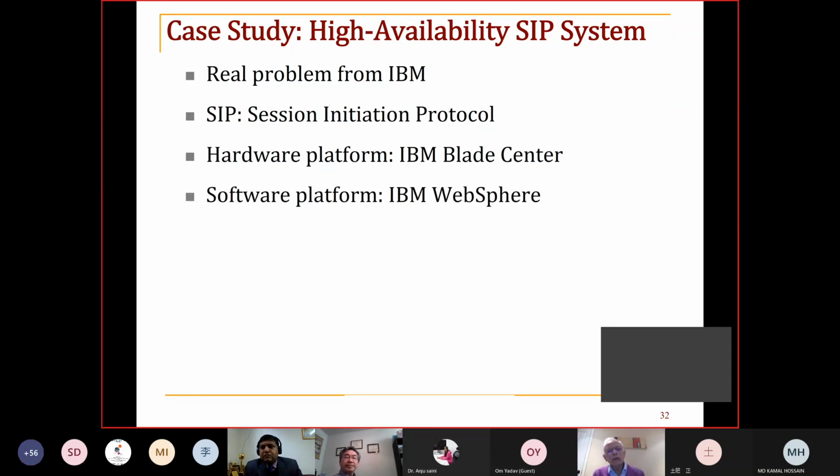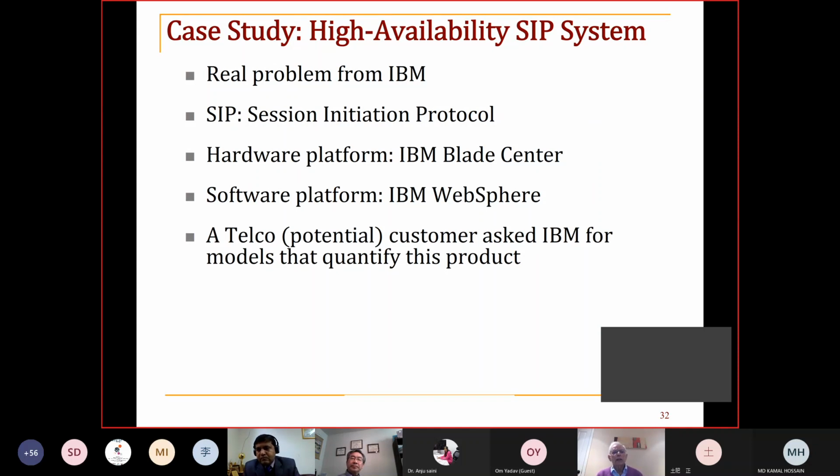The software platform IBM used was IBM WebSphere. The telco customer that IBM wanted to sell this system to heard IBM's pitch on the architecture and all the other details. But they said that they needed some numbers and some models that would generate these numbers